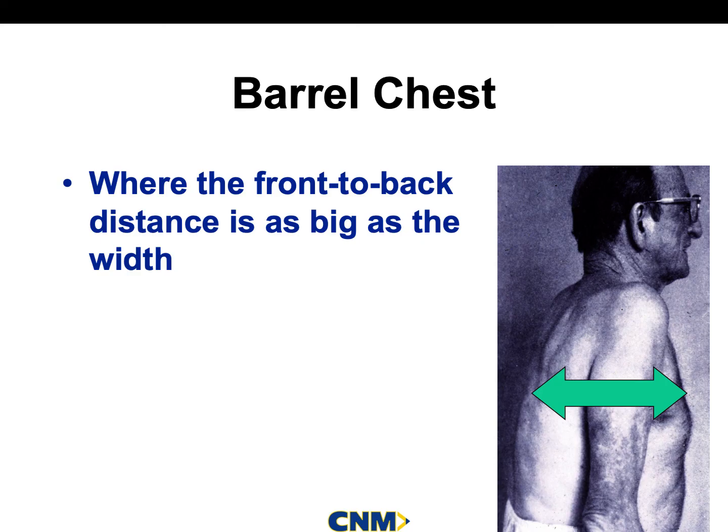Okay, so barrel chest, that's what it looks like. From front to back is the same distance as they are wide. It's one big circular barrel type chest. When we are talking about